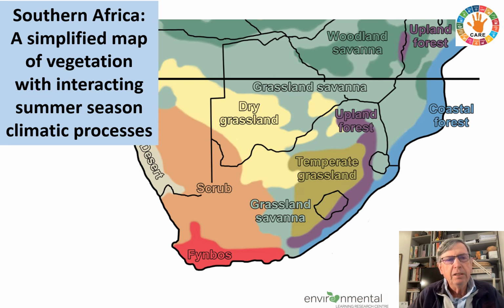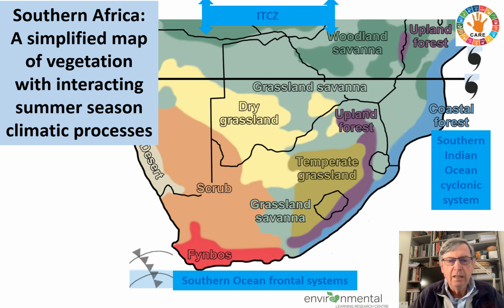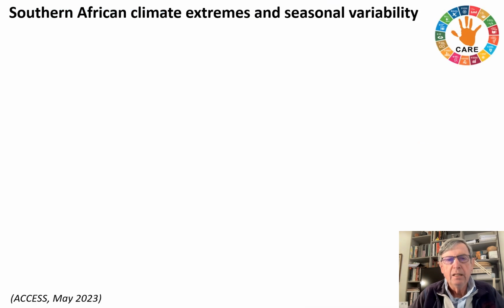And if we start off with this map of Southern Africa, a simplified vegetation map of interacting summer seasonal climatic processes, we have the ITCZ that moves as the sun brings the summer season to Southern Africa. We have the Southern Indian Ocean cyclonic system that is pulled into the subcontinent at times, the Southern Ocean frontal systems, and of course the cold current and upwelling on the west coast. So that's the sort of climatic context, and some recent data that I got from the CSIR Access program on